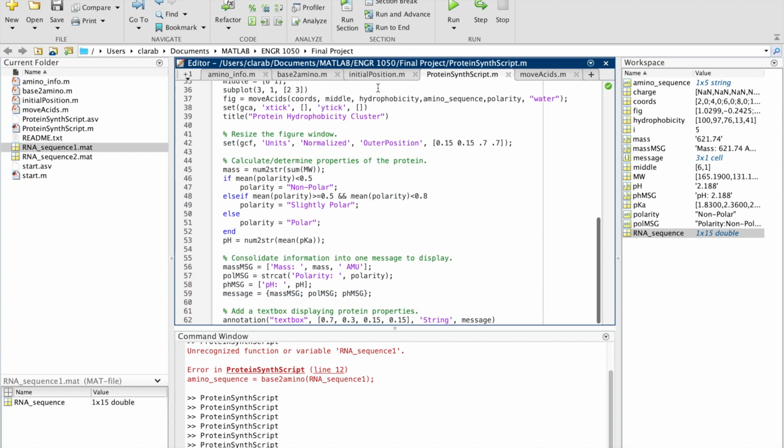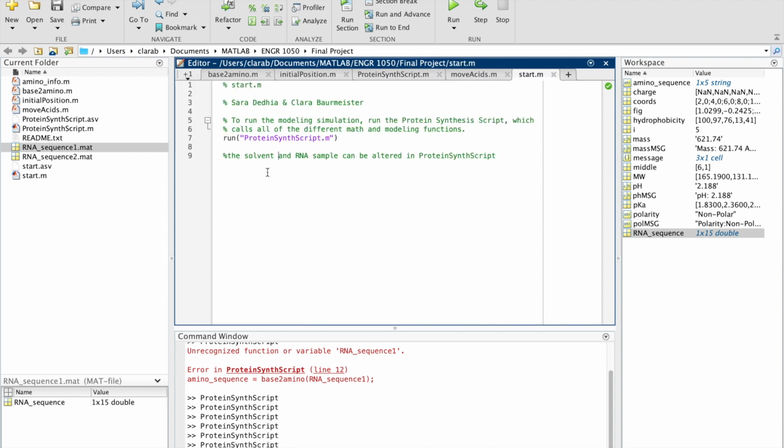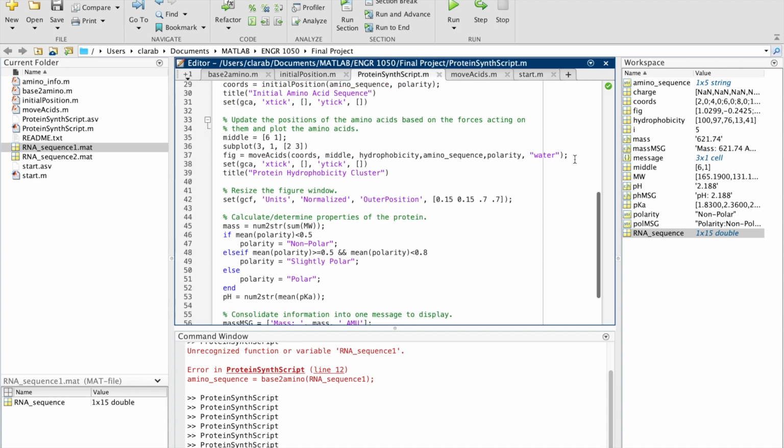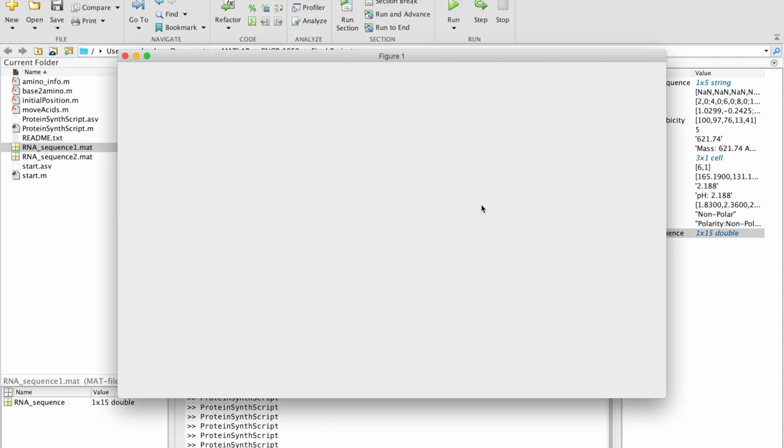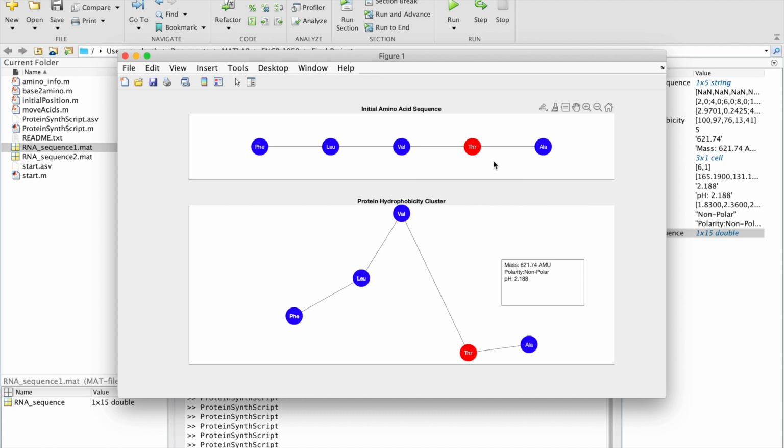So, for example, you are also able to change the solvent and RNA sample within protein synthesis. This takes the first RNA sequence that we use as a tester, and the solvent in this particular one is water, and this is the output. It includes the initial, what it would look like, as well as the mass of the protein,